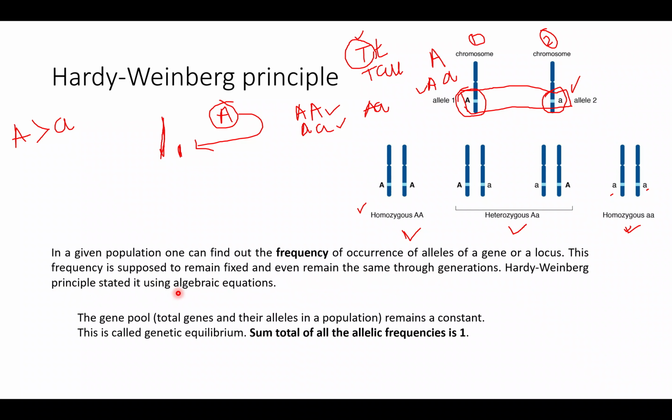Hardy-Weinberg principle stated it using an algebraic equation. We'll come to the equation shortly. If I tell you the equation, it won't make sense now. So according to them, the gene pool, or the total genes and their alleles in a population, remains constant. And this is called genetic equilibrium. And if you sum all the alleles, it becomes one. They're different alleles, right? So to visualize what I'm talking about,